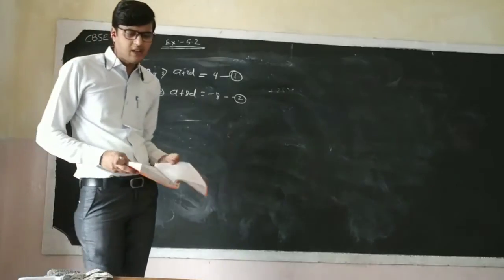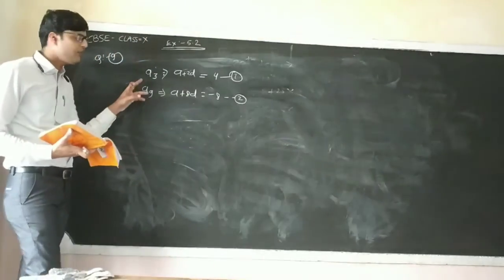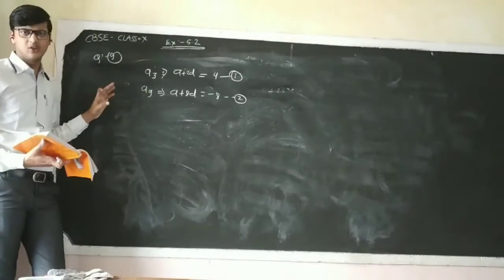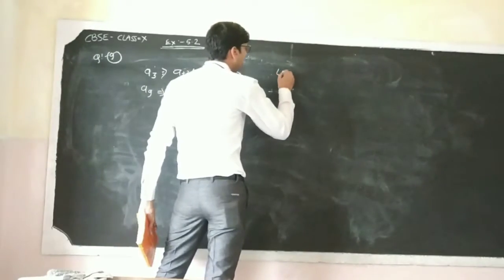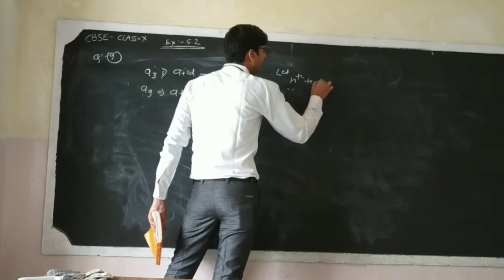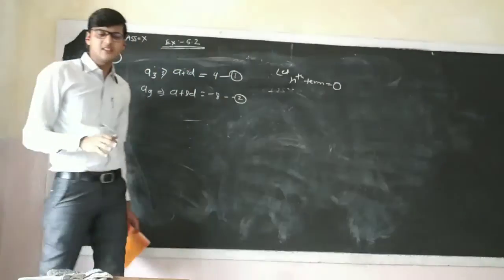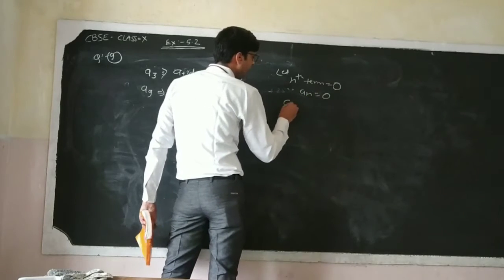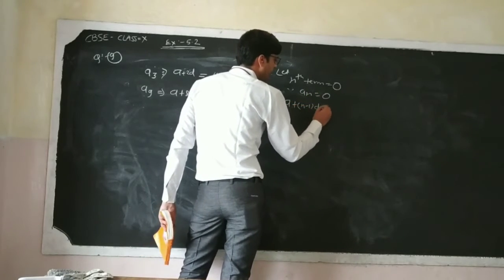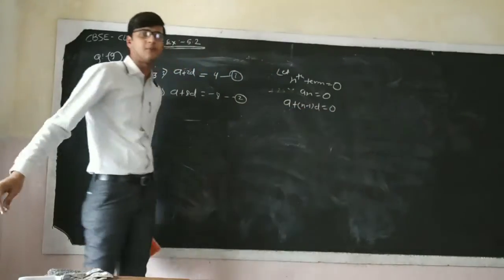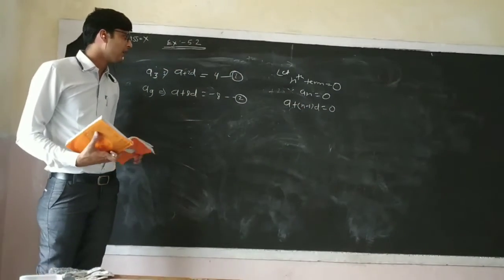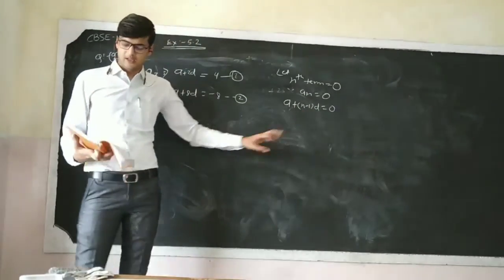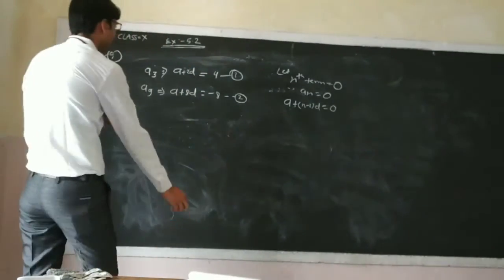First we find the values of a and d. Let the nth term of this series be 0, so an equals 0. We need the value of n, meaning which term. So first we find the values of a and d, then we put them in to get the value of n. We use the elimination method to solve it.